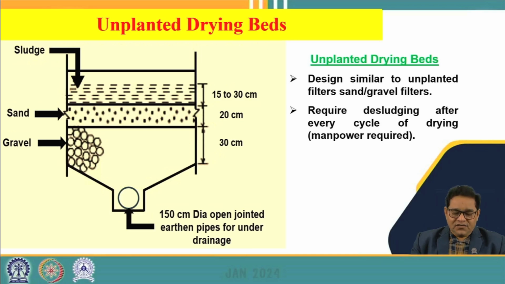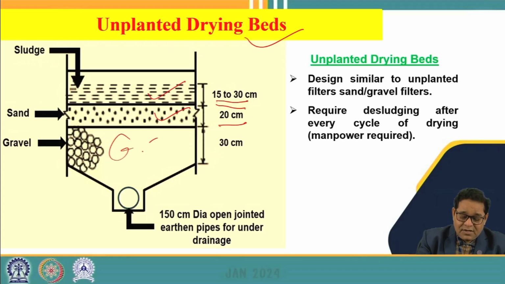So let's see one by one the layout and the design of both types of sludge drying bed. This is basically the cross section of the unplanted type of sludge drying bed. Here, if we look at the top layer, that 15 to 13 centimeter layer is the layer of sludge we apply. Below this is a 20 centimeter depth layer of sand, and below this